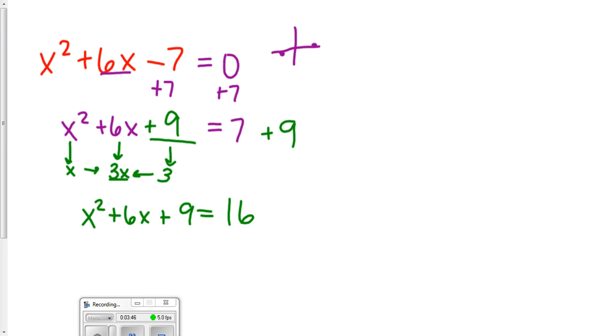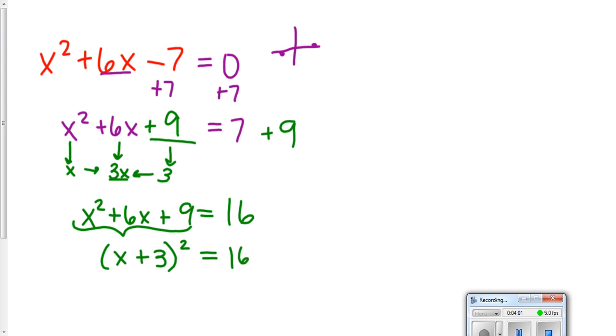My right side's actually 16. Okay? So now, this is much prettier. This right here is a perfect square trinomial. I can just rewrite it as the quantity of x plus 3 all squared instead, right? Okay, well that's great. So now, based off my square roots video, I know that x plus 3 is equal